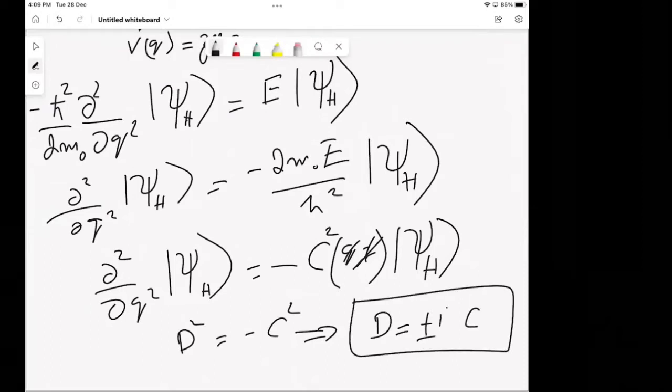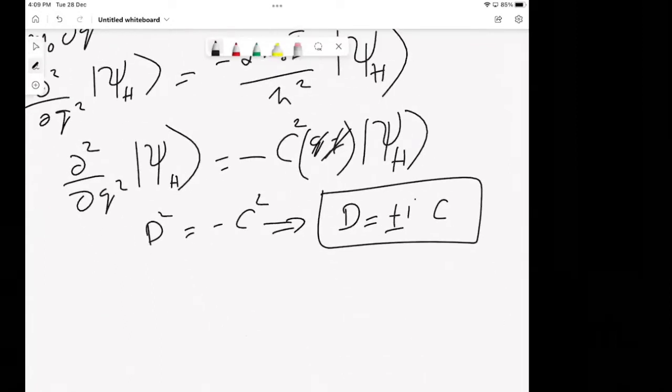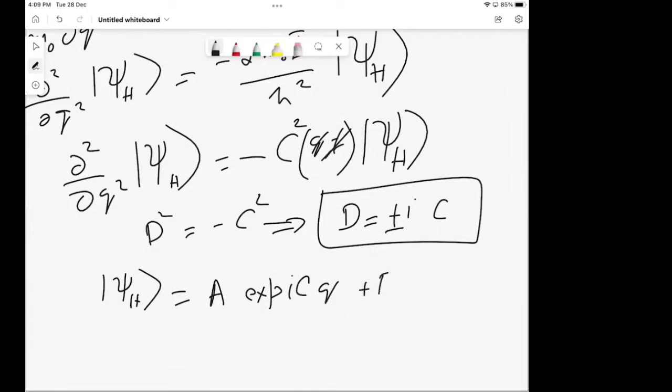And the solution, the Hamiltonian state, will become a exponential of iota cq plus b exponential of minus iota cq. This is the solution. If we expand it,